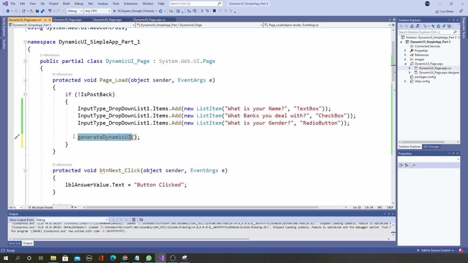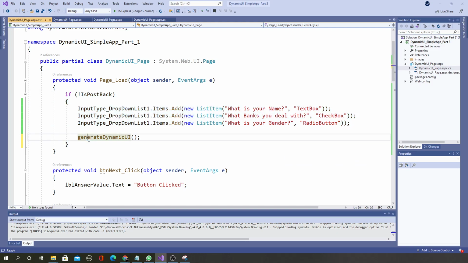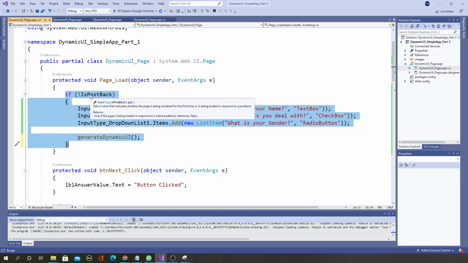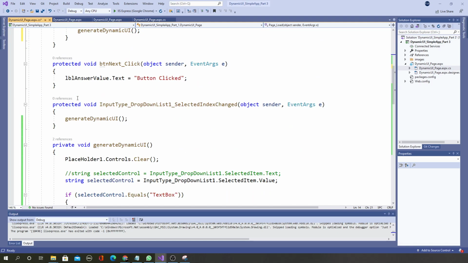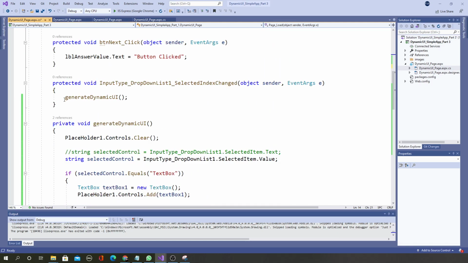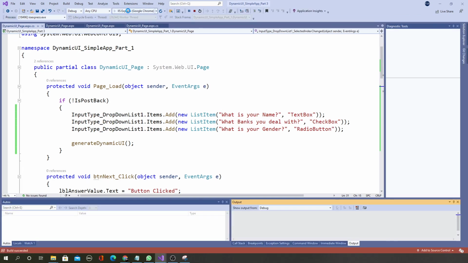But now, because you are doing it inside this if condition, this will execute only when the page is getting loaded for the first time, because you are checking whether it is not a postback. So which means now when you click on the drop down, let's say when you run this and click on the drop down, now if I comment this from here and I'm not calling it from the drop down, what will happen is, if you run this,